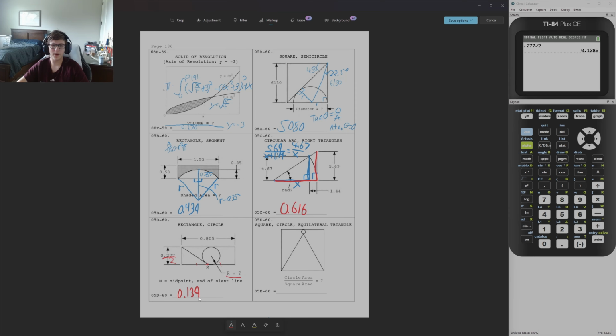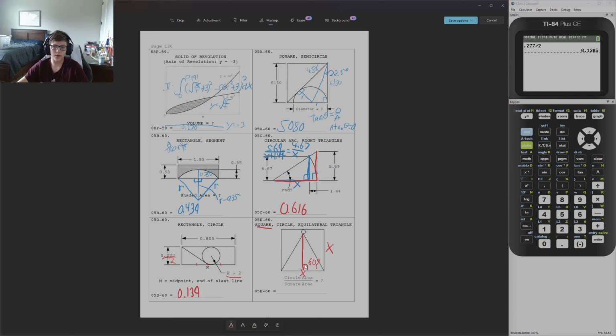So 05E-60. We have a square, a circle, and an equilateral triangle. It asks for the circle area divided by the square area. So we know that since it's a square, if this is x, then this side also has to be x, right? Now, the height of an equilateral triangle, if you make a 30, 60, 90 triangle here, 60 degrees, the